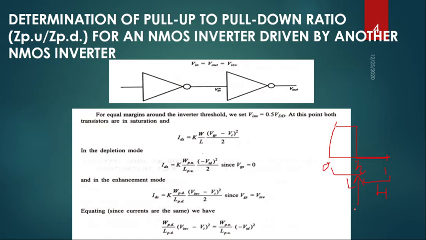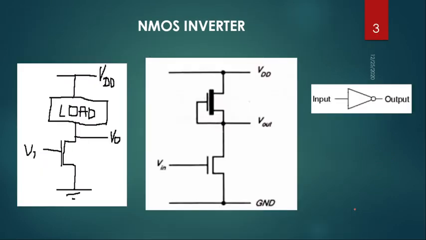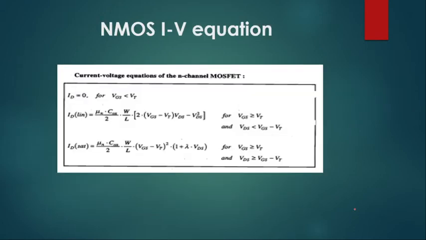So at this condition, both the transistors will be working in saturation. First of all, we should be sure that the transistors are on, then only they can operate in either linear mode or saturation mode. So it is sure that when the threshold voltage is applied, both the transistors will be on. Now what is the mode of operation of the transistor? It depends upon the condition.